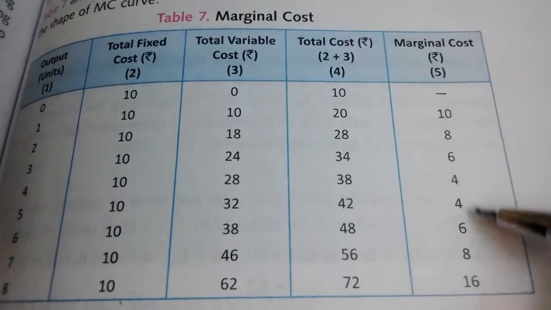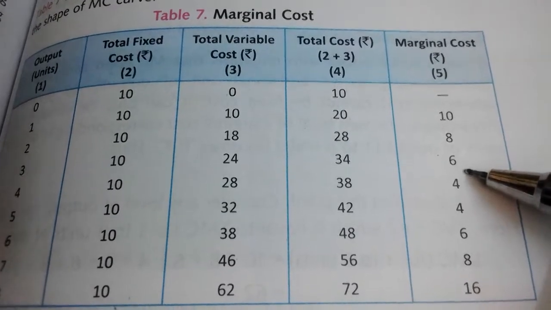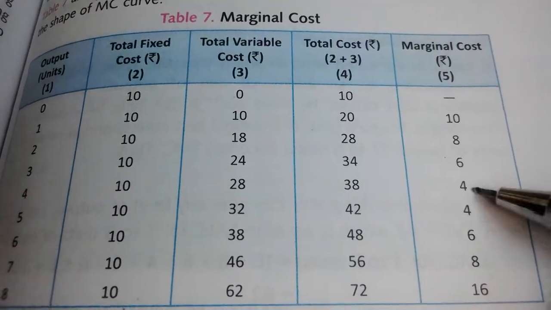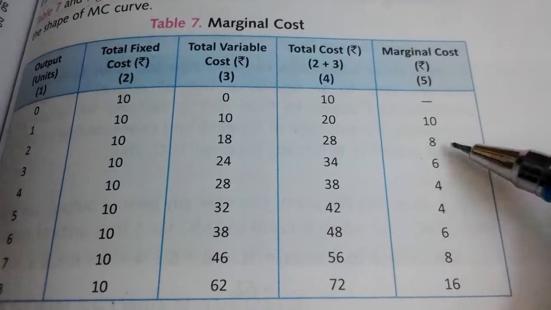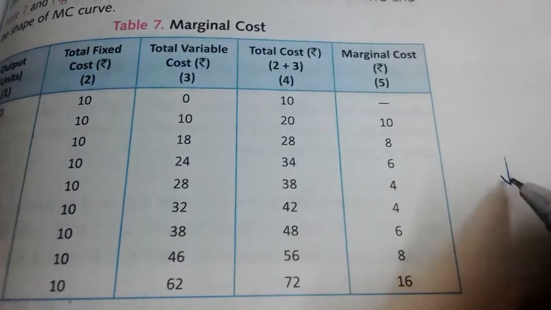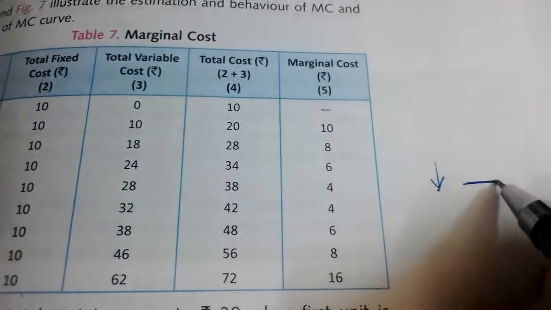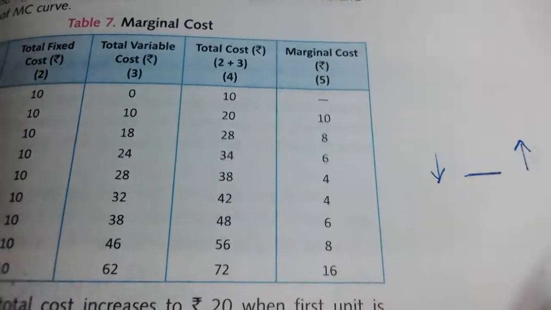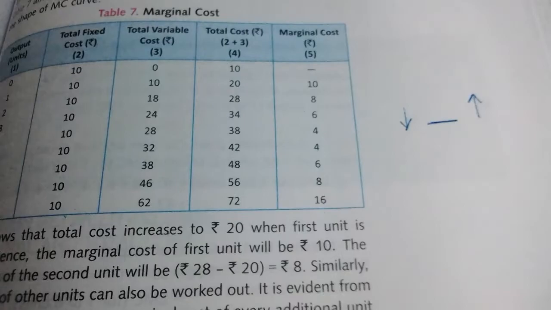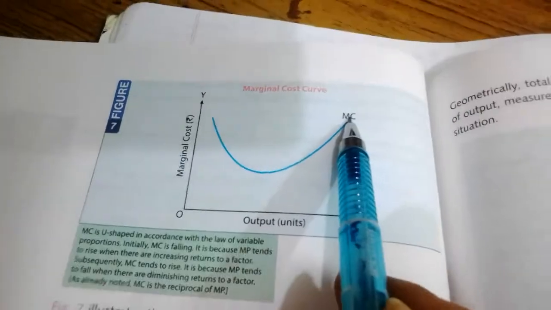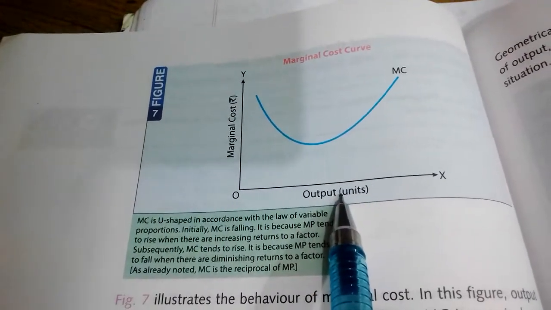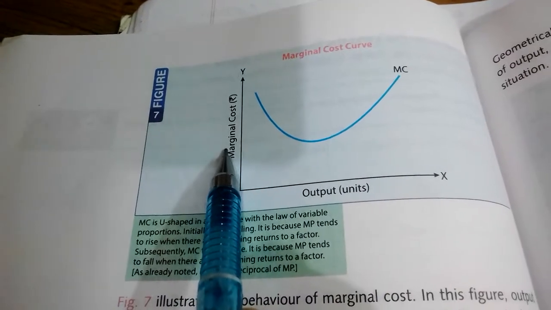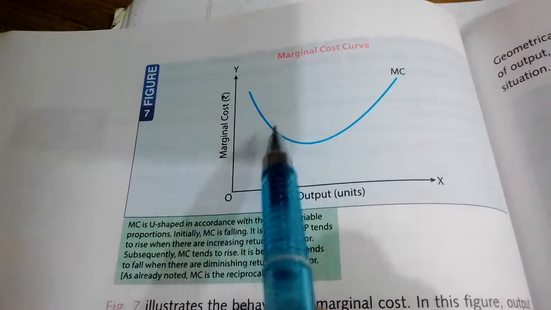So what do we notice from the marginal cost? अर्लियर it is decreasing, at a point it remains constant and then again it started increasing. Okay, so pehle it is decreasing, then it remained constant, and then after a point it started increasing again. So this is the shape of the marginal cost curve. It is a U-shaped curve, that means output we are taking on the x-axis and marginal cost which we calculated is taken on the y-axis, and this is the shape of the curve when we plot the points.